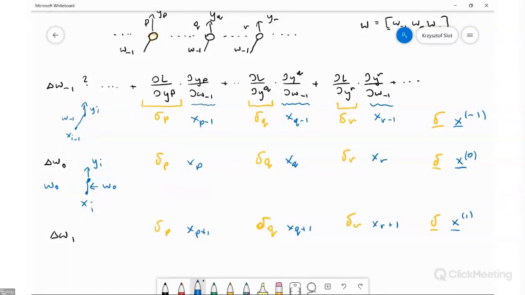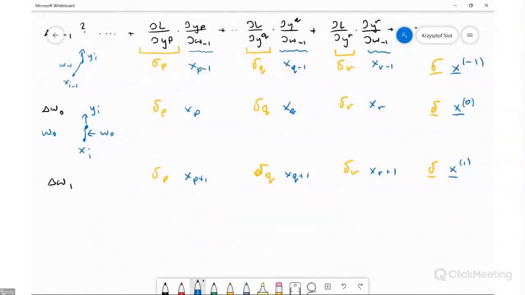And each dot product, so the first dot product that relates to the first weight, is a dot product that I'm performing. So if I have a delta, let's say this is a delta vector,